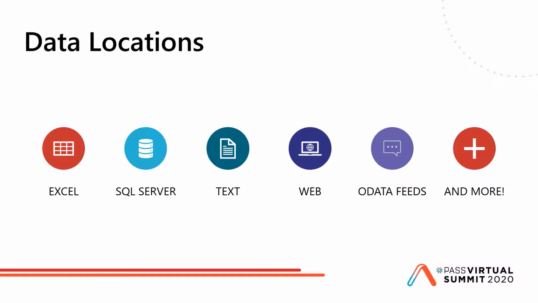You could also have text files that are used to exchange information between partners, suppliers, or even customers. These flat files can be used and consumed in that format or brought into a database and then consumed. We could also use feeds from our applications to feed data directly to us through OData feeds and the like to get the information from the source of truth. And really, the list of where we can get information goes on and on. I didn't even mention something like SharePoint, where we can grab information within people's lists and libraries on their sites, or Power Apps that I talked about before, and various other data sources.